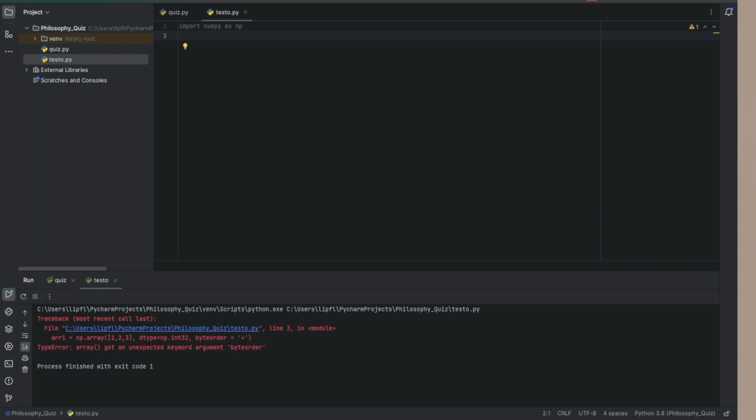If we are using an AMD or an Intel processor, it will most likely be the little endian byte order. This simply means that the least significant byte is stored at the lowest memory address and the most significant byte is stored at the highest memory address. And big endian is the exact opposite, so the most significant byte is stored at the lowest memory address, and the rest you can